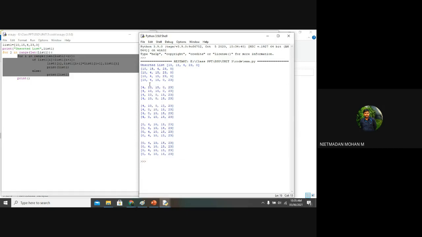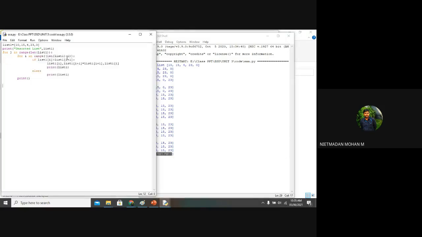Yes. So you can see here the first iteration has happened. So this 23 has been done, right? No need to change this 23, because in the first iteration itself we have placed the largest element at the end of the list. So this 23 is done. No need to do this comparison here. In this part, this comparison is not needed. In this part too, and in all of this part, the comparison is not needed.